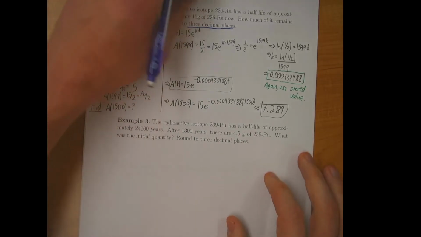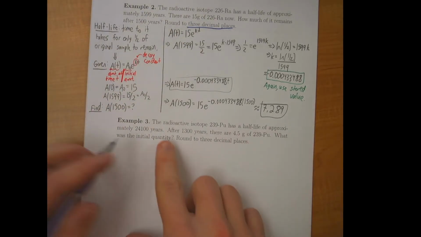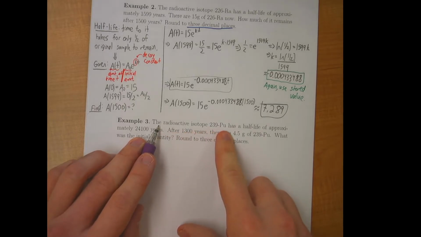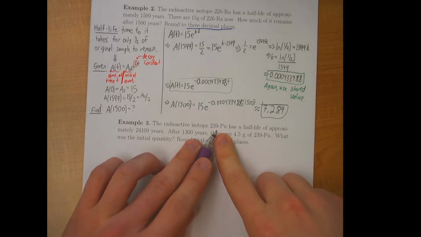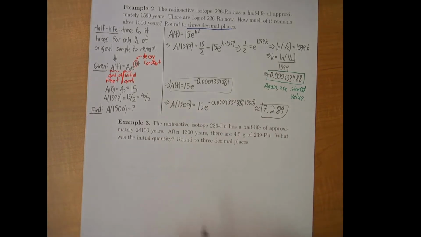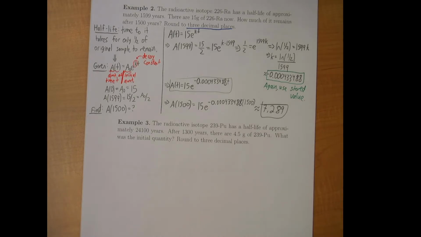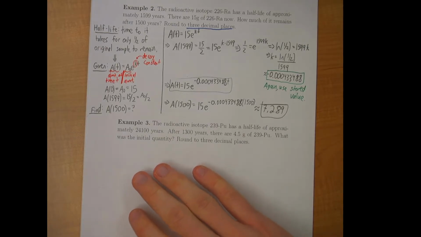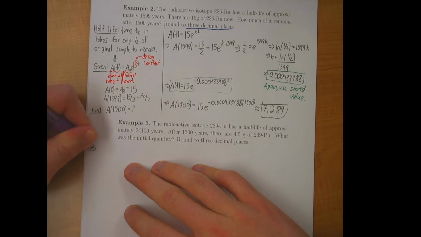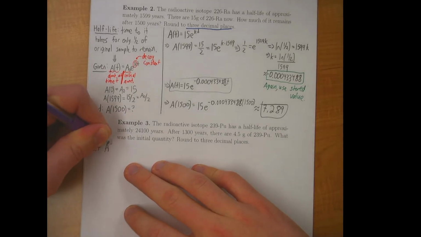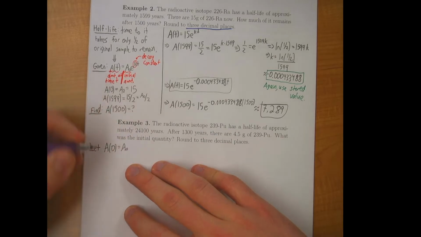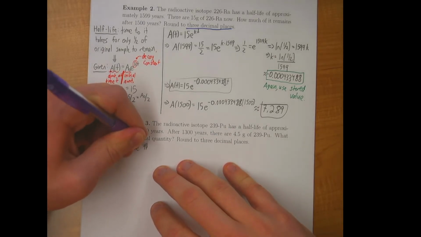So let's go ahead and move to example 3 for this. So example 3 states, now we have a new radioactive isotope we're considering, 239Pu, has a half-life of approximately 24,100 years. After 1,300 years, there are 4.5 grams of 239Pu, and we're trying to figure out what the initial quantity is. So we've got to round to 3 decimal places with this. So in this case, if we let A of 0 be equal to A sub 0 here, if we let that be the initial quantity,